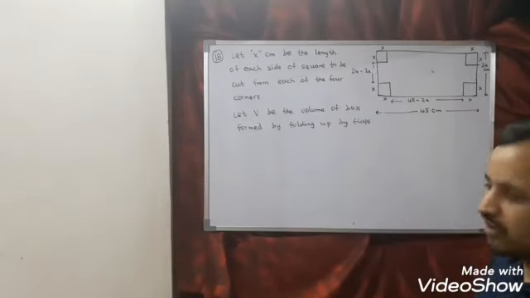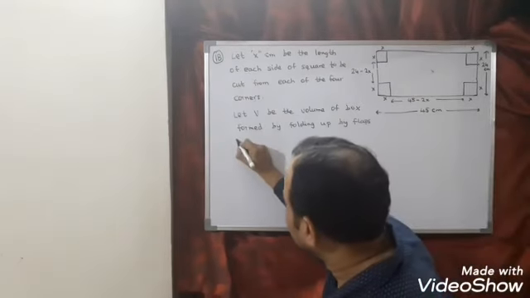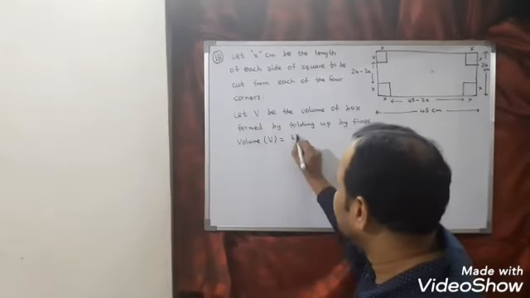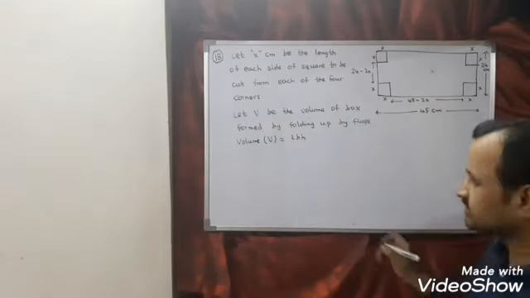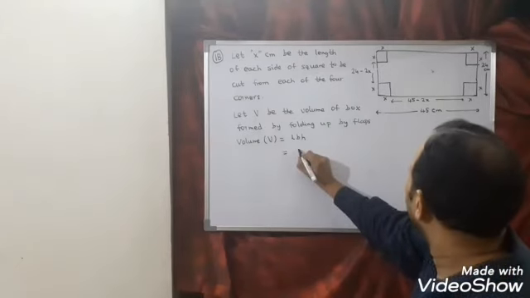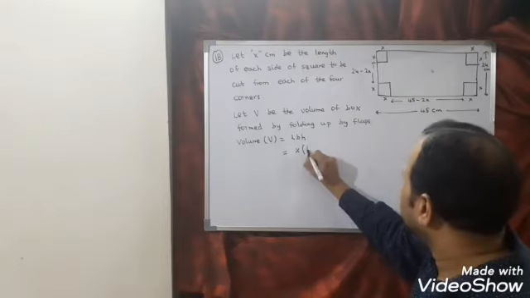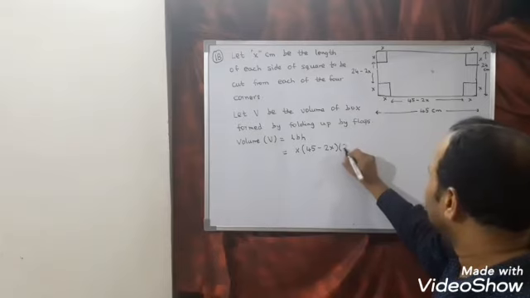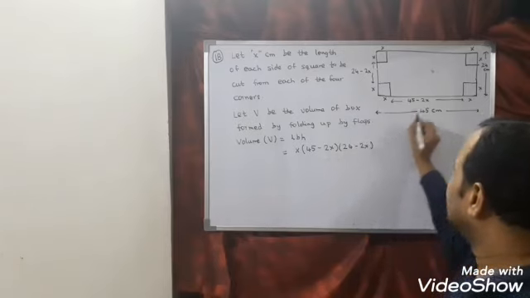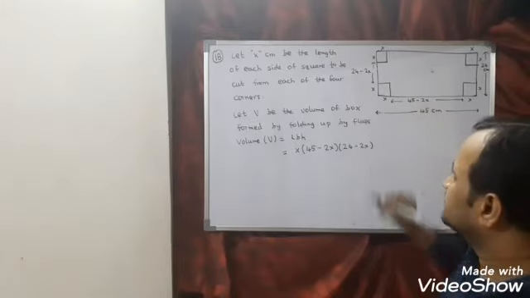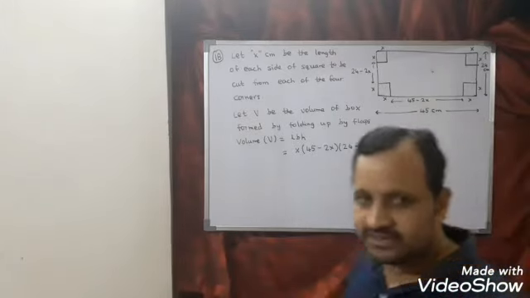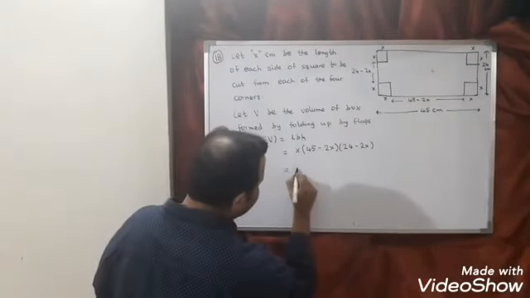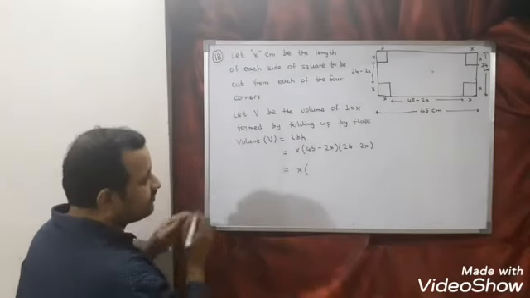Now the question is volume to be maximum. So here volume V is given by box length, breadth, height. Since it is a rectangle, one dimension is x, one is 45 minus 2x, and one more dimension is 24 minus 2x. So length is 45 minus 2x, breadth is 24 minus 2x, and height is x. Now look here. Now solve this. So this is x into, multiply 45 into 24, calculate.